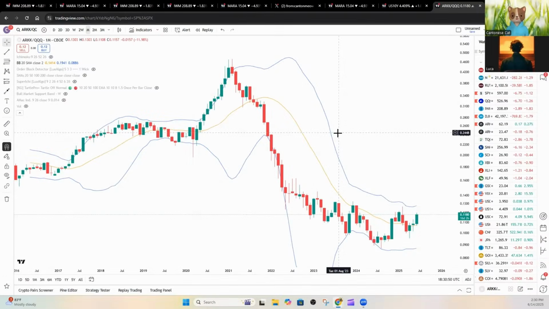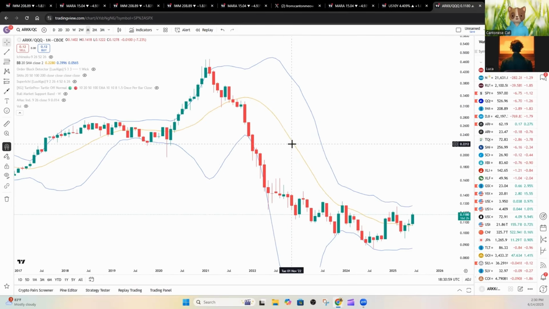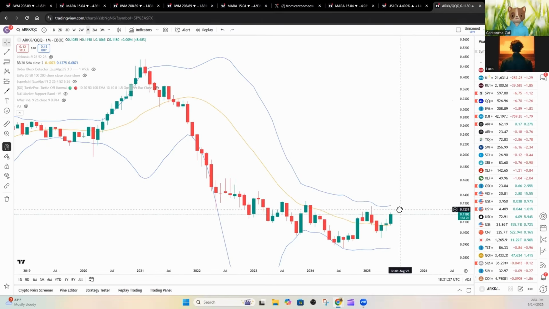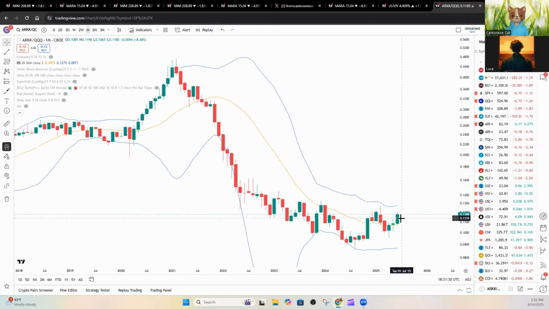I want to show you something else that I was posting on X earlier too. This is the ARK Fund by Cathie Wood over QQQ. You know how the ARK Fund has been bleeding. They're full of all kinds of speculative, high-debt stocks, and they have been absolutely destroyed over the last few years after that bubble from 2020, 2021. If you chart that against the QQQ and do a spread of ARK over QQQ, something interesting is happening too, and I do think there might be a rotation coming to support your Roaring Twenties idea in terms of innovation, things like that.